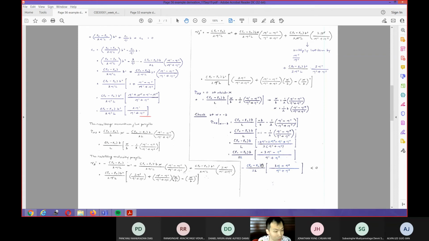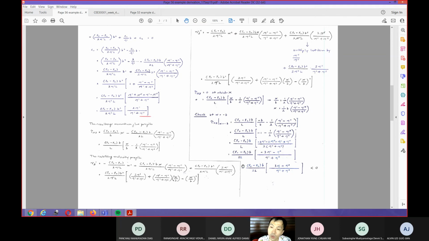And then B is positive, right? B should be positive. And then the L should be positive, right? This quantity cannot be negative. The magnitude of this term cannot be negative. And then the viscosity in the first phase should also be positive. The viscosity in the second phase should also be positive. And this one should be positive and positive.